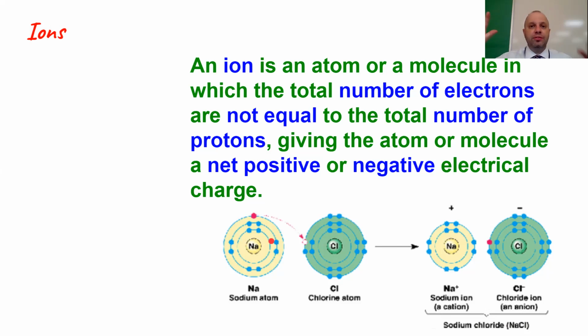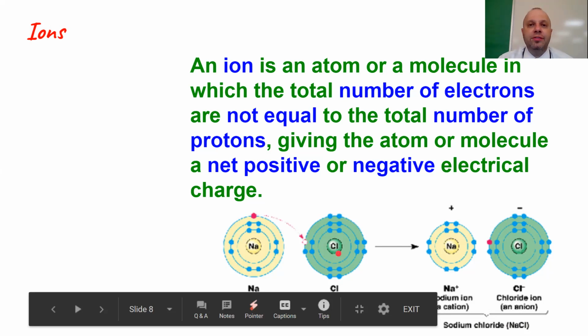So 11 protons, 11 electrons, they cancel each other out, so it has a charge of 0. Same thing over here with chlorine. Chlorine has 17 protons, 17 electrons. They cancel each other out, so its charge would be 0. When sodium gives an electron, that's what this arrow is showing, it's going to give one of its electrons to